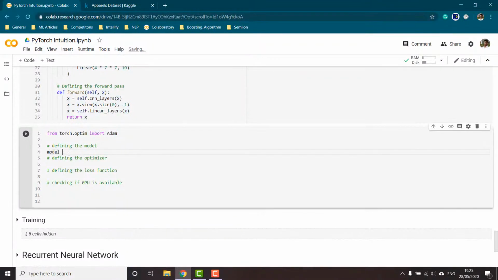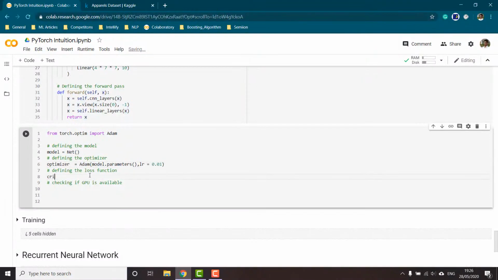So model will be equal to the name of our class, which is net. And then we are going to define the optimizer. So optimizer is equal to Adam, and inside of it the parameters would be model.parameters and then the learning rate. So here we would be giving learning rate as 0.01.